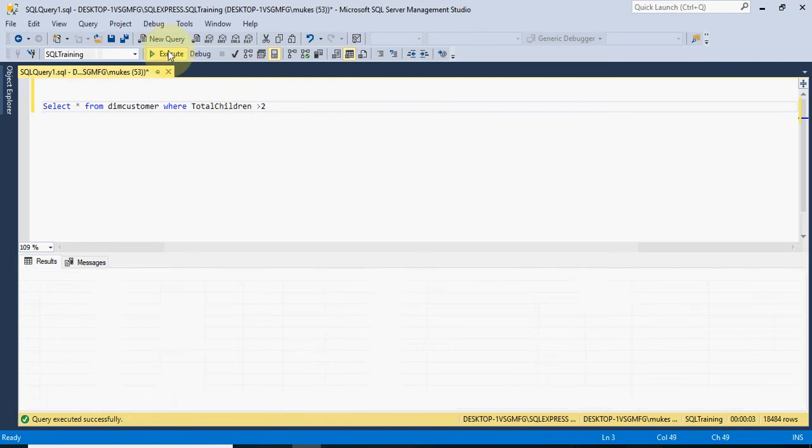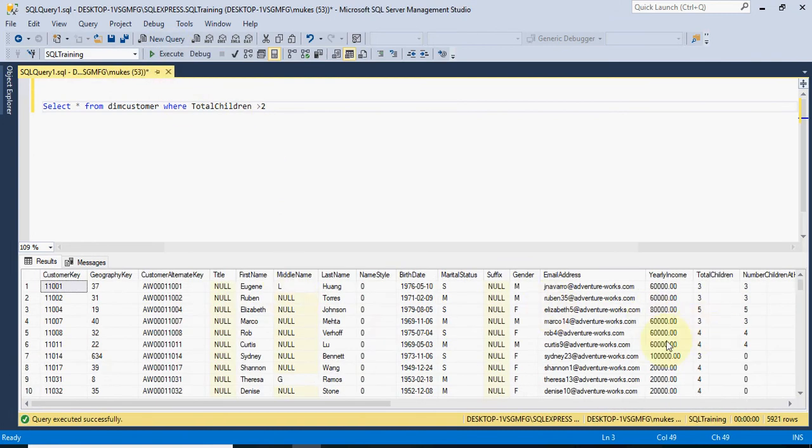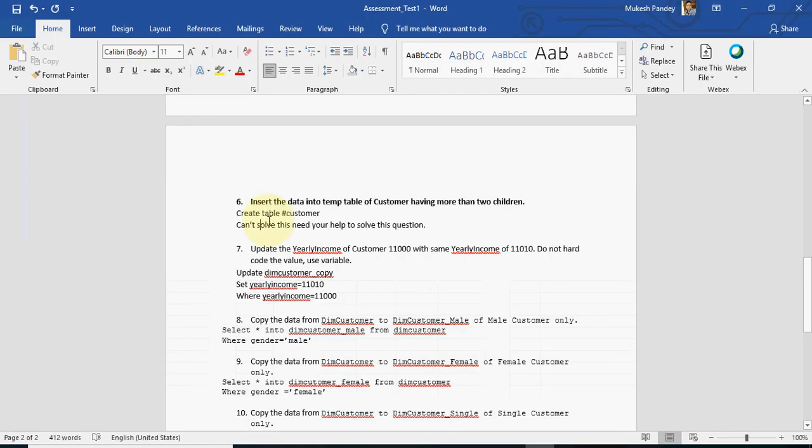So you receive only the data which is having more than two children, and you can put it into the customer temp table. So you can put the customer something like that.